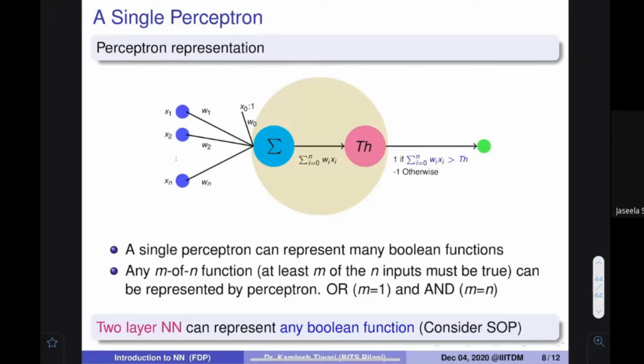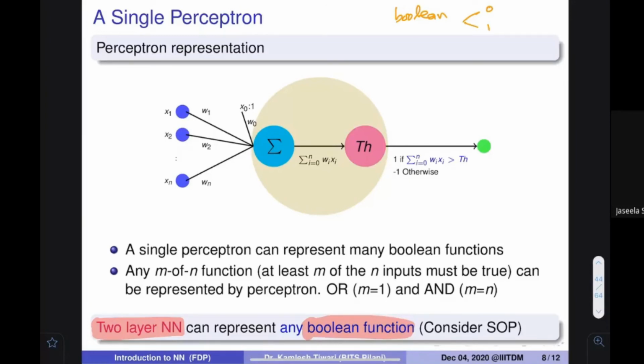These things are very interesting, and over time, when people developed all these things, they came up with this idea of only a 2-layer deep neural network. However, we are talking about deep learning these days, but a 2-layer neural network can represent any Boolean function. Any Boolean function you can come up with can be represented with only 2-layer neural networks. So let me tell you what I mean by a Boolean function. Boolean function means whose output is either 0 or 1, true or false type.